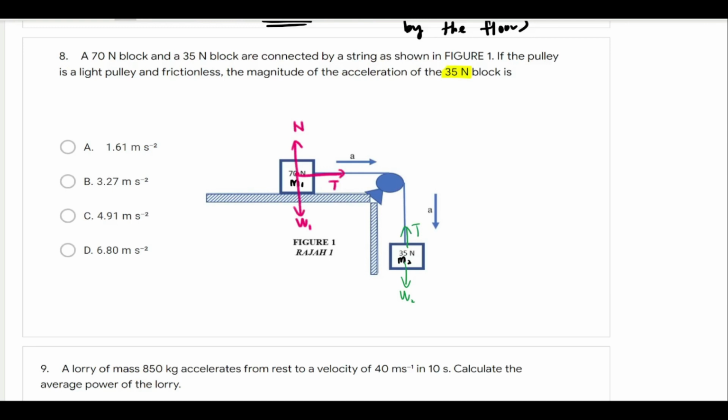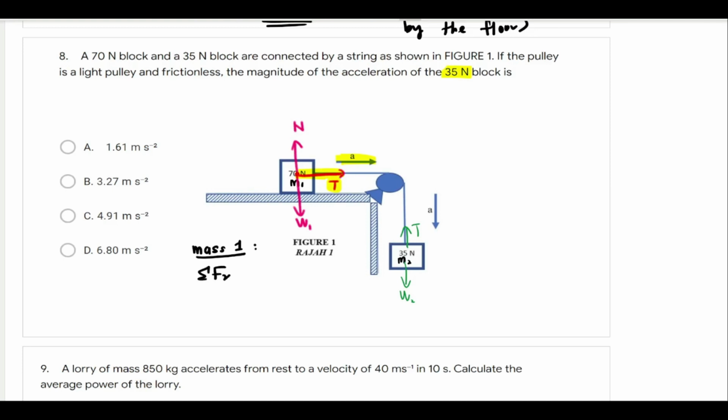Okay, so I want to find the acceleration. So let's say we start with mass 1. Okay, so sekarang kita tengoklah objek ni bergerak ke kanan untuk mass 1 tadi. So the only force that is same direction dengan acceleration adalah tension. Okay, so we can write for mass 1,